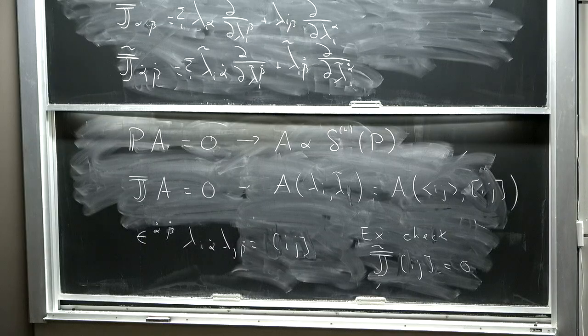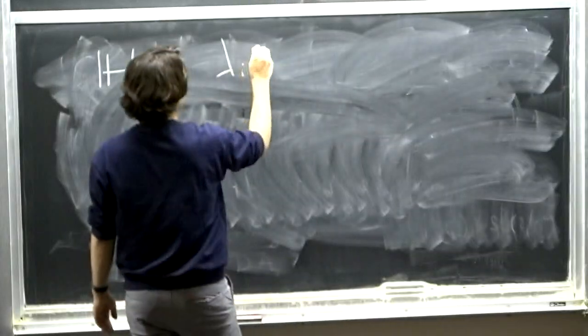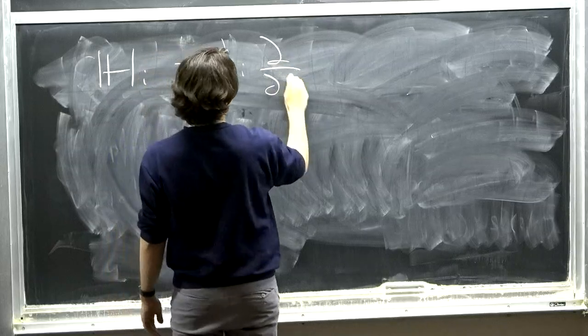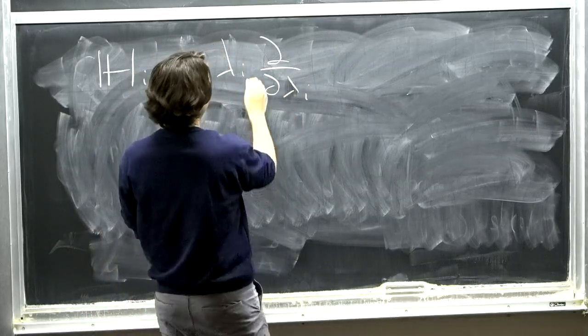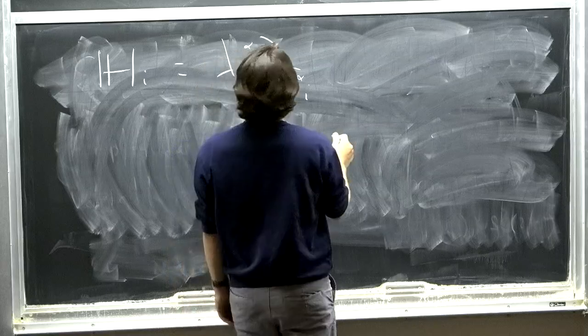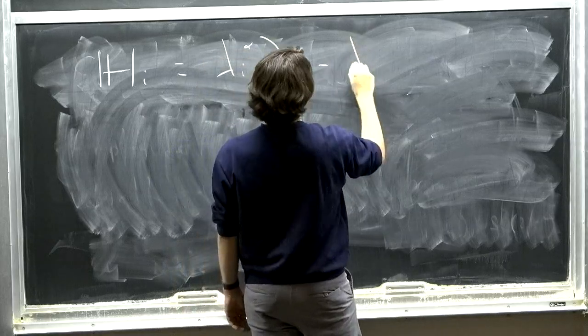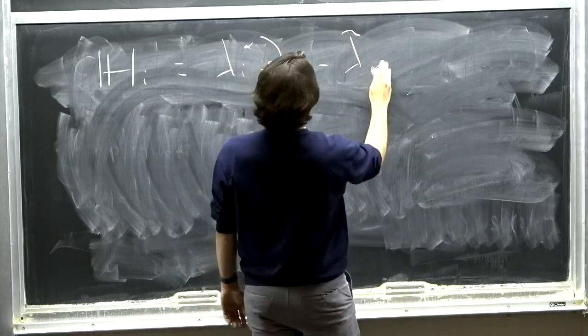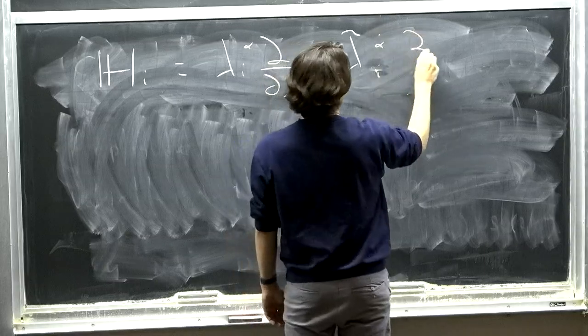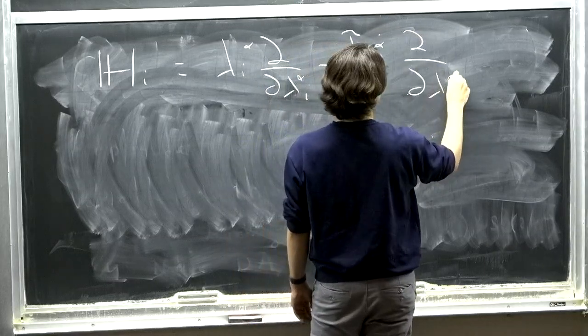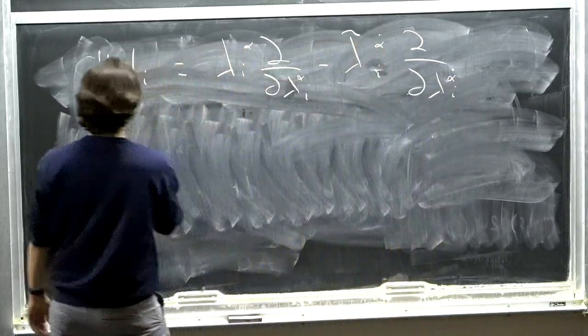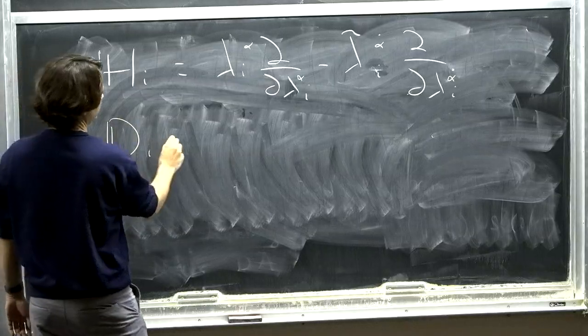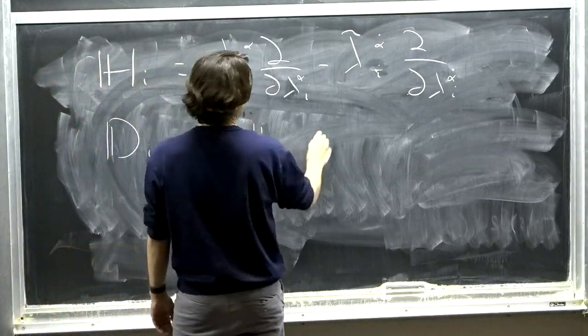Yeah. No, I just want to make one more comment, which is that using these variables, I can also write the generator of helicity, which is just lambda_i d/d lambda_i for each particle minus lambda tilde_i d/d lambda tilde_i, and then the dilatation operator, which in general is not a symmetry, is the same thing but with a plus sign.